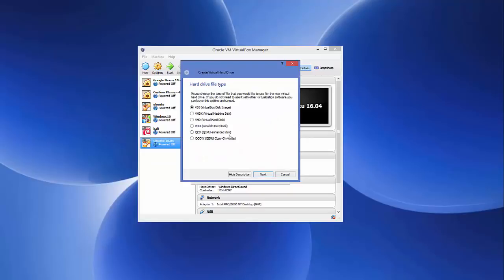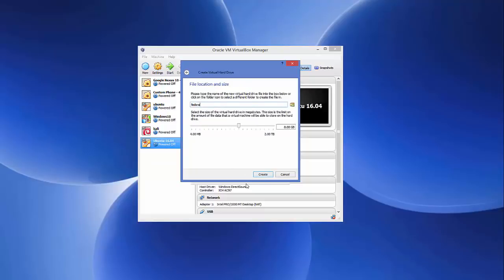Okay, this is going to give you this kind of interface. Just leave the first option enabled, which is VDI format, and then click next. And also here just leave the dynamically allocated option, and just click next. And here you can provide the